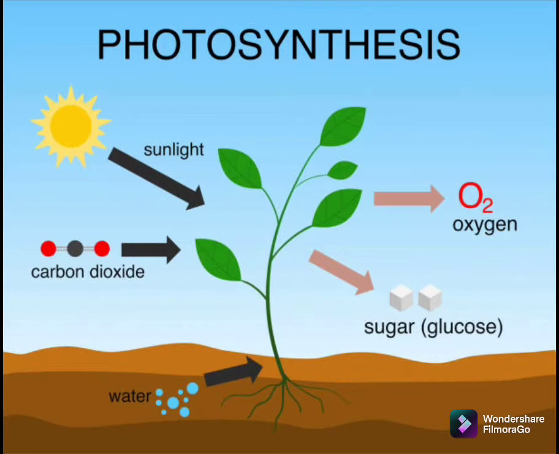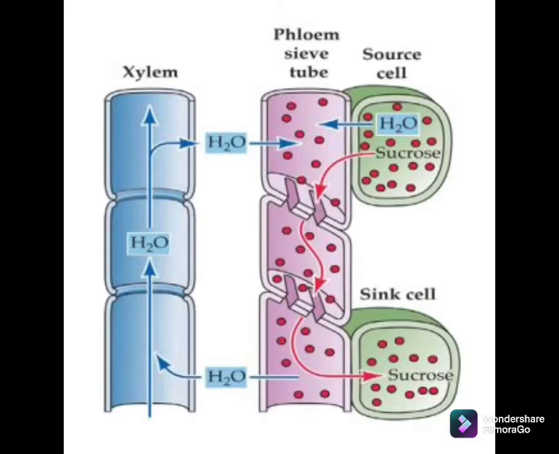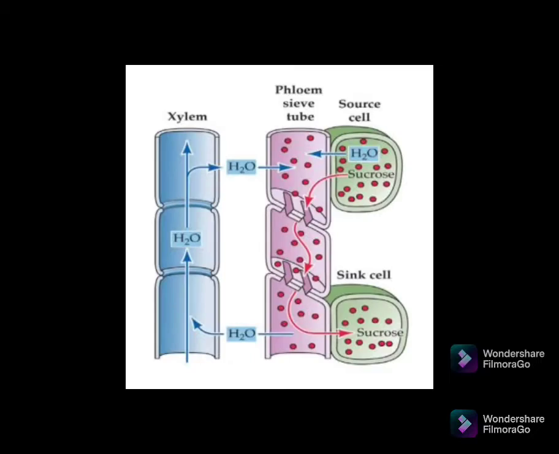Hello friends, in my previous video I told you how plants produce their own food with the help of a process called photosynthesis. Photo meaning sunlight and synthesis meaning produce. So basically they produce glucose in the presence of sunlight and chlorophyll, and with the help of carbon dioxide and water. So, we know that glucose is produced, but do you know that glucose gets transported in the form of sucrose solution?